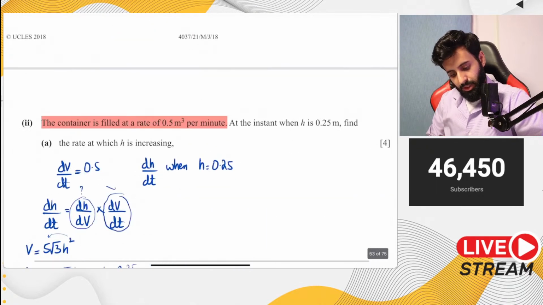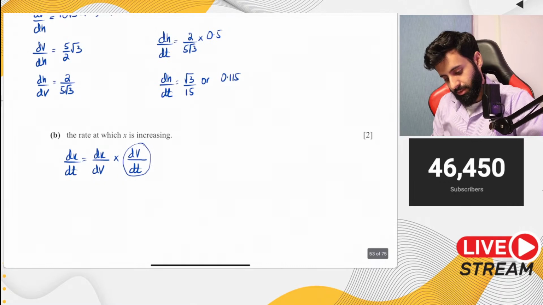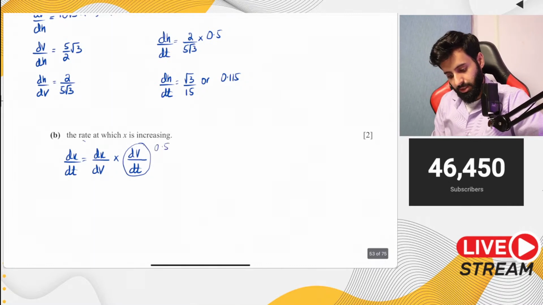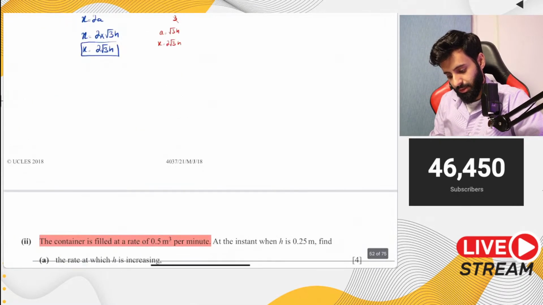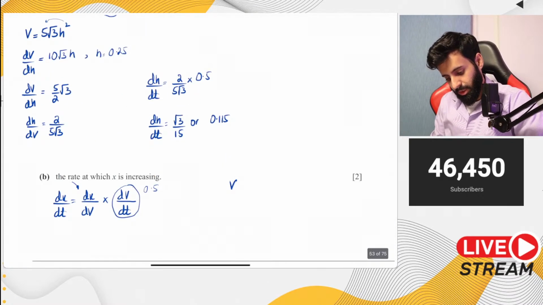As far as dv upon dt goes, that we already have. dv upon dt is 0.5. Okay. Now as far as dx upon dv goes, that's something that we will have to find out. Now how can we find that out? Notice that volume we worked out to be equal to what? We worked out the volume to be equal to